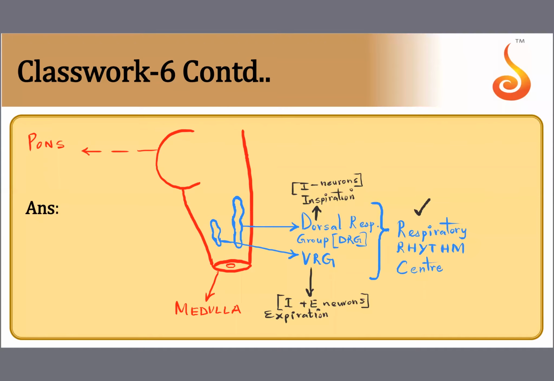There is one more center in front of the ventral respiratory group. I'm showing it in green over here and shading it for you. This region, which is present in front of the ventral respiratory group, is called the chemosensitive area. And you know what this chemosensitive area is sensitive to? It is sensitive to a rise in partial pressure of carbon dioxide and a rise in H plus ion concentration. So this region in the medulla oblongata is called the chemosensitive area.